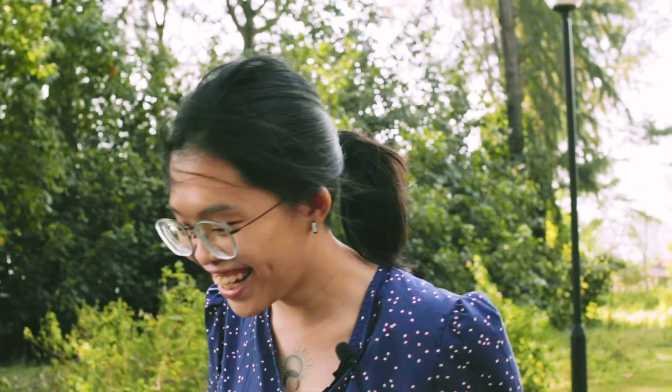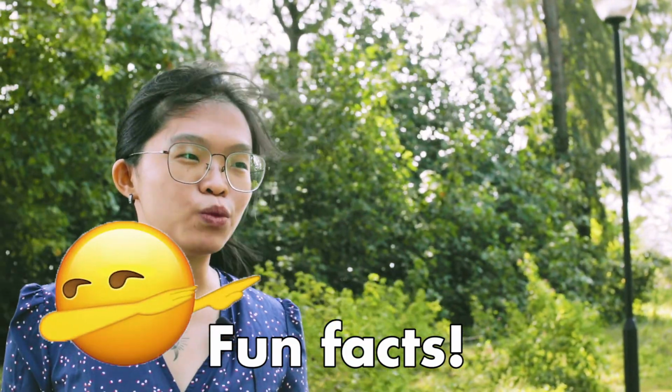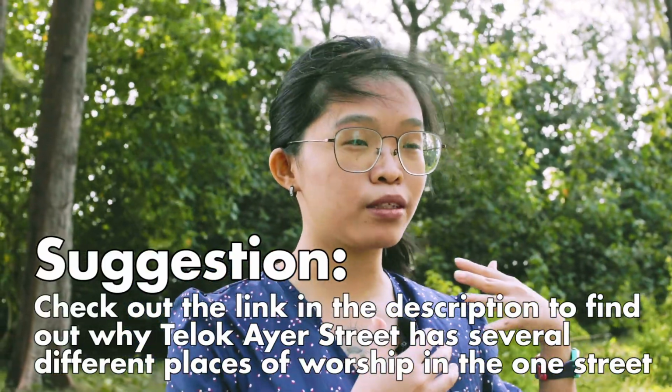Any more fun facts? If you study place names in places which have very ancestral roots, for example, if the place dates back to prehistoric times, the place name itself can act as a fossil of the language spoken by the people who once lived there. Those people may not be the current people who live there, so the name of the place can tell you what kind of language this was,